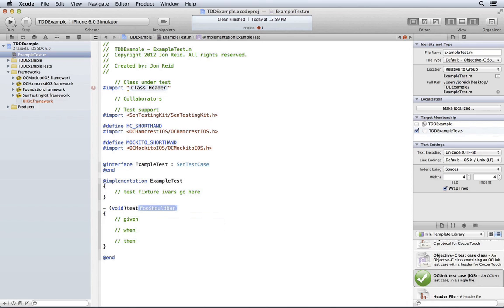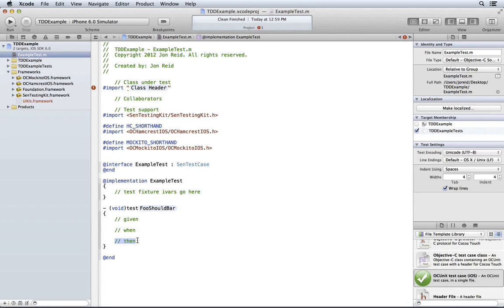Test. Now this shows me the basic setup of pretty much every unit test. It's got three parts. Given something, when I do something, then what do I expect to happen? Or in other words, this is the setup of the precondition. This is the execution of the actual part that's being tested, and this is the verification.